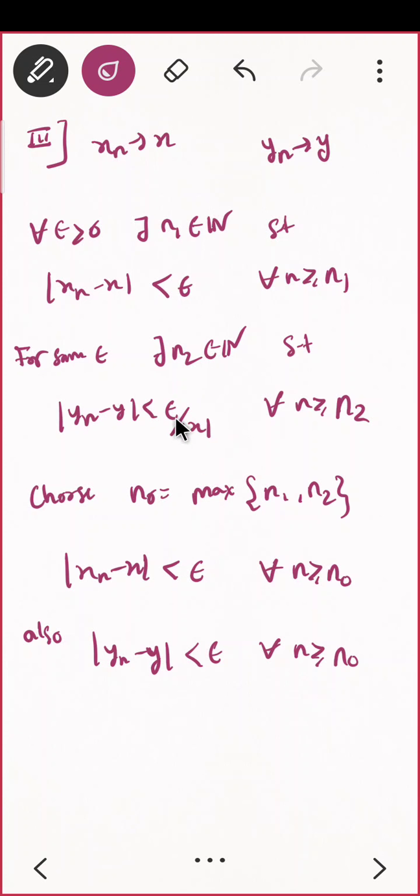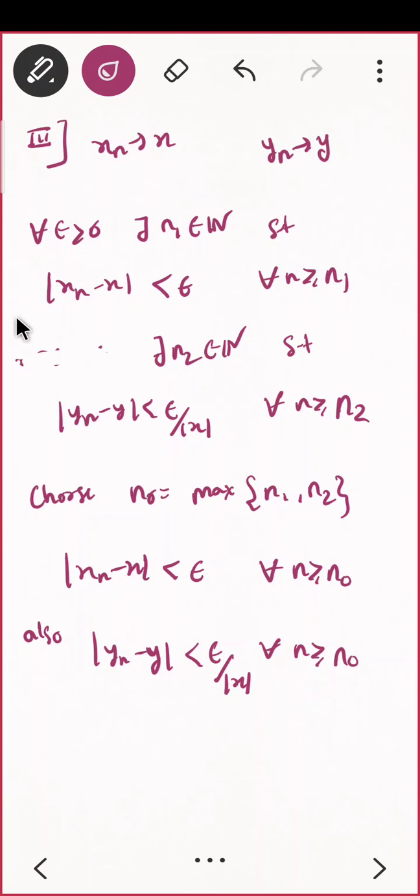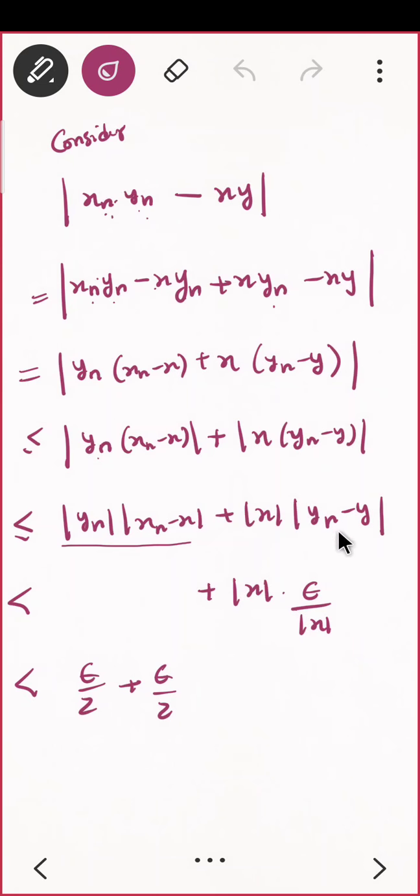For the same epsilon I can do that, and here also mod x I can do that, correct? Because now my epsilon is, sorry, I should not write the same epsilon here. Actually, for positive epsilon, epsilon upon mod x is also positive. Now I will use this. So this is not a problem to me. The problem is this one, which is bounded by epsilon upon something, but I want it to be epsilon by 2.